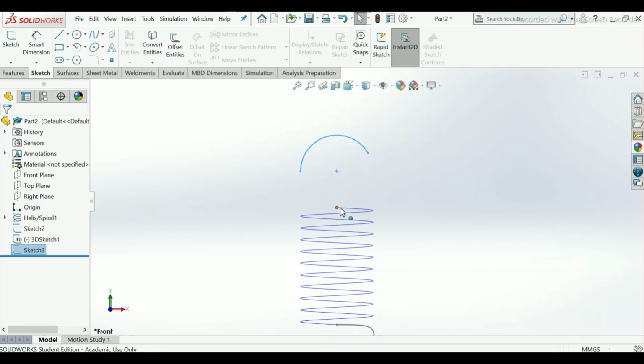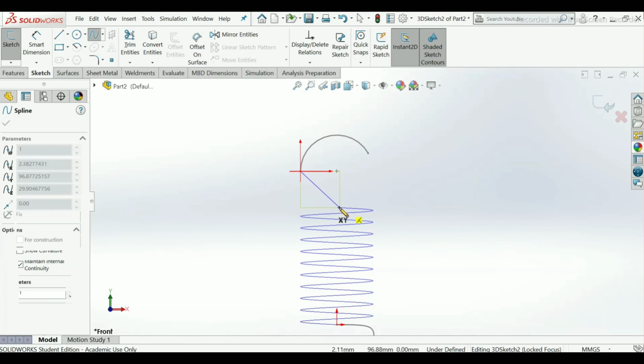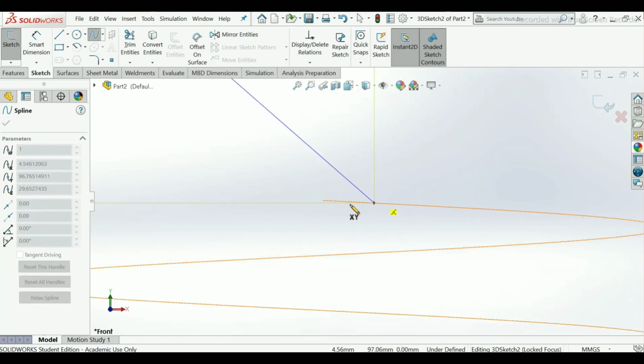We have to make a plane line here by using 3D sketch. So scroll down sketch in sketch manager, use 3D sketch, use spline, take this point, be careful here, we have to join it.